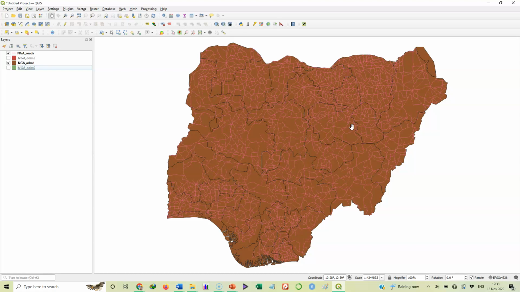Now, in subsequent videos, we'll still do more with this map, because it's not yet in the final state we want it to be. We'll still do a little more work on it